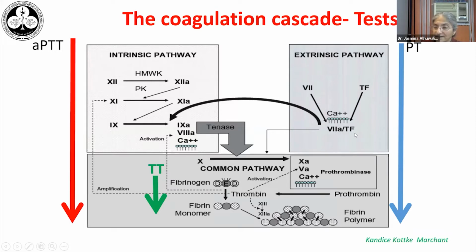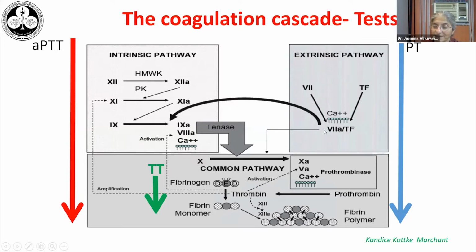This 7A tissue factor complex forms the extrinsic tenase, which acts on factor 10 to convert it into activated factor 10A, which binds with factor 5, calcium, and phospholipid, and converts prothrombin to thrombin. This pathway can be tested by the PT test, and as we can see, it is heavily relying on the